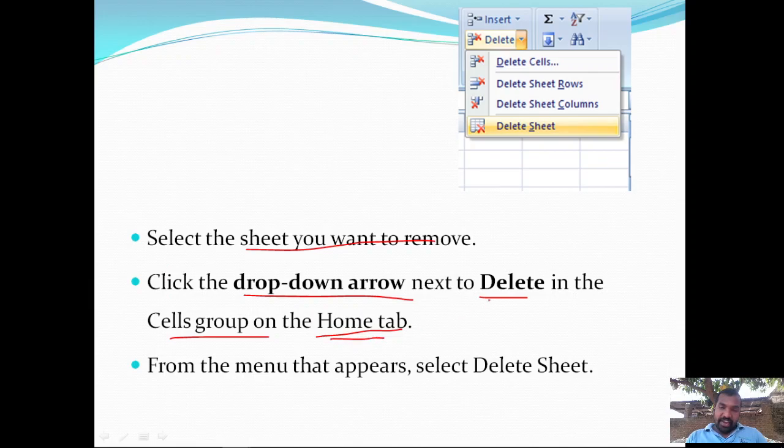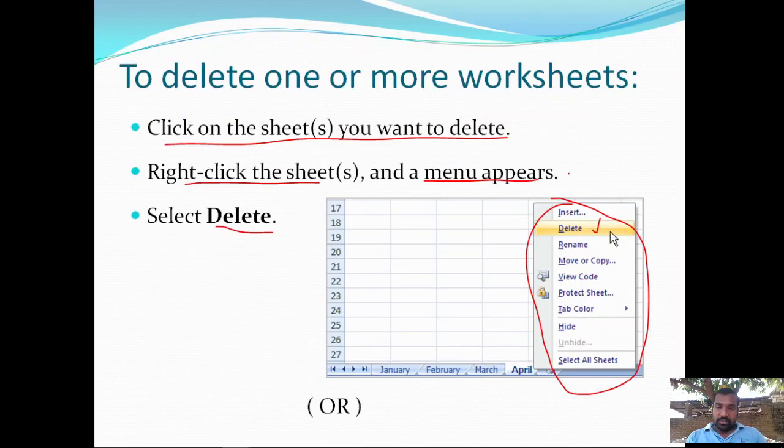In the Home tab we have the Cells group. In that group we have a Delete command. Click on the drop down arrow next to it, then choose the Delete Sheet command to delete the sheet.